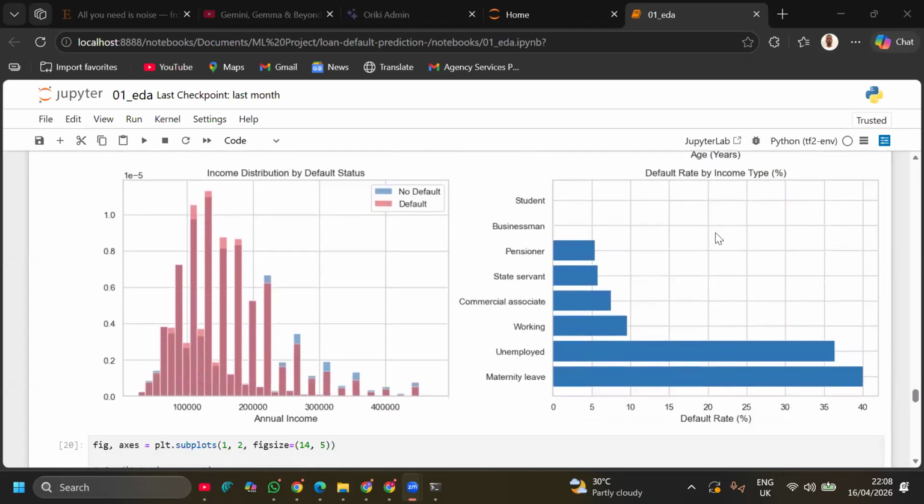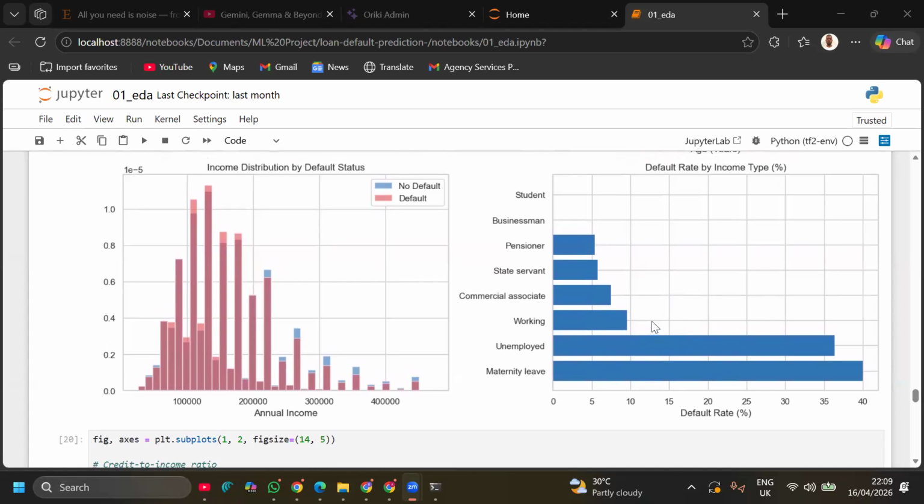Okay, so we also have the income distribution, right? So we want to know, is it that the higher you earn, the less you default? So if you look at this now, people that actually earn more are those that did not really default. And looking at these charts, then we're looking at